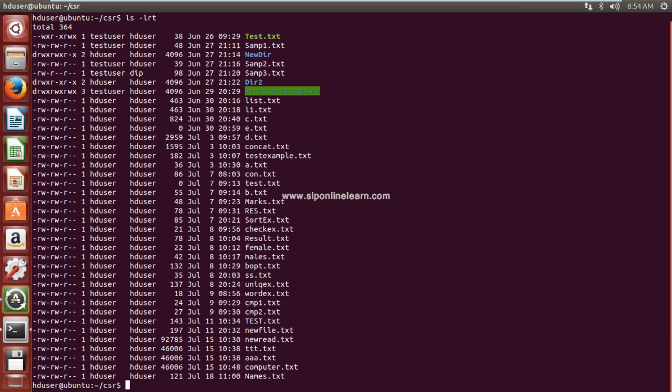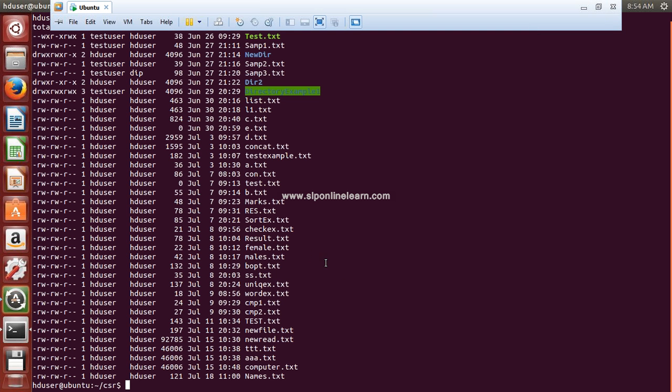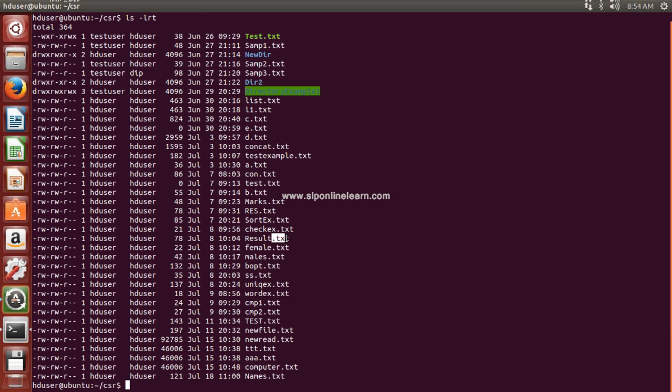As a part of learning we created this many files. Your real-time environment may contain many more files, so the list will be longer. Then just by seeing the extension we can tell the file type without opening the file. So this extension is used to identify the file type.